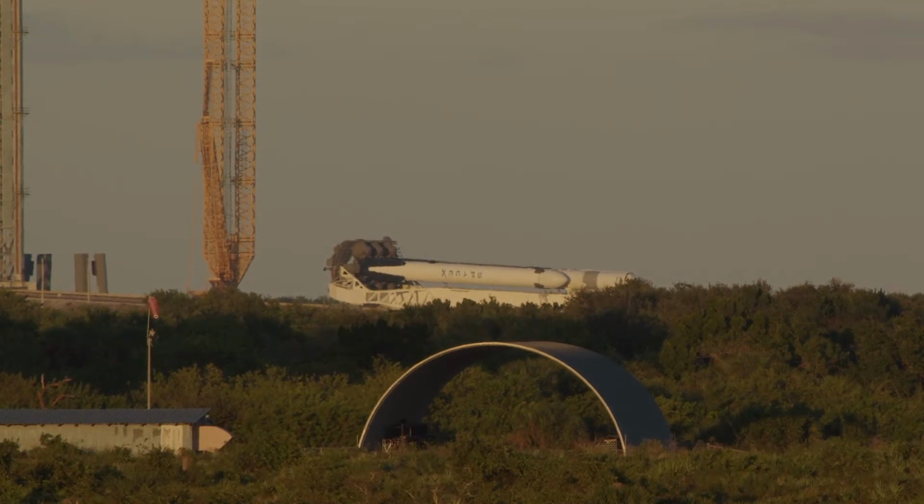Again, this Falcon Heavy rocket is scheduled to lift off next Monday, October 31st, with the launch window opening at 9:44 a.m. Eastern Daylight Time. That is 13:44 UTC for those of you in other time zones. This will be the fourth flight of a Falcon Heavy rocket and the first operational Falcon Heavy flight for the